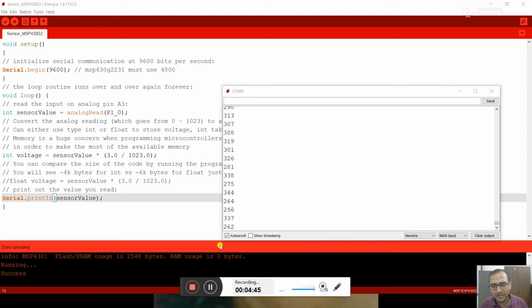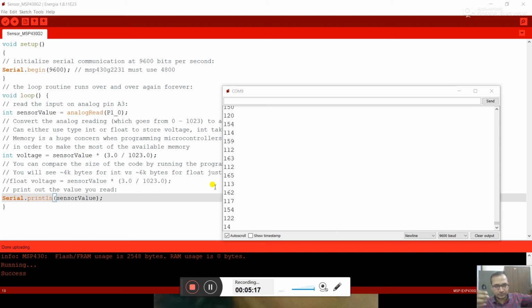Here what I have done is, because this ambient light sensor is an analog sensor, I am printing the analog sensor value using analogRead on pin 0. I have connected it at pin 0, so I have taken the value from pin 0, and I am just printing these sensor values on the COM port. Here you can see this is my sensor, and it is connected to this board.